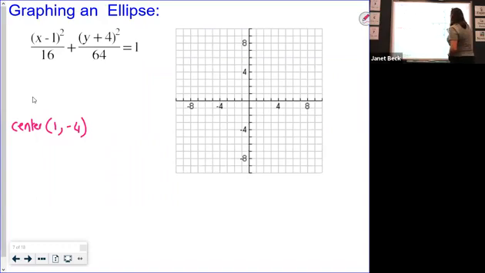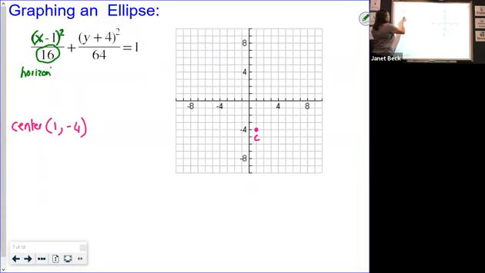So 1 across, 4 down. That's going to be the center. Then you're going to draw this sort of oval shape, and how you know how far to go either direction to get to that is you look at the denominators. The denominator that's under the x minus h squared part, everything is squared. That's under x, so it's going to give you a horizontal distance